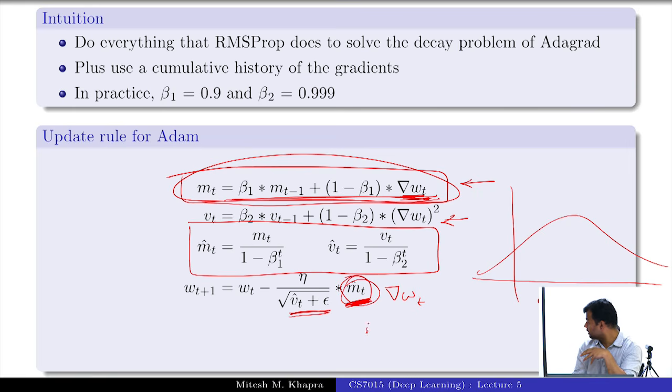Is it clear? When you're making this update, what would you actually want? It should not move too much away from the... So now your gradients, how are you computing? Say if you're doing the stochastic version, you're computing it for every point that you have. With respect to that point, you would have some loss function and some derivative with respect to your parameters. If you move on to a different point, you'll have some different parameters. So there's some randomness in this, okay?